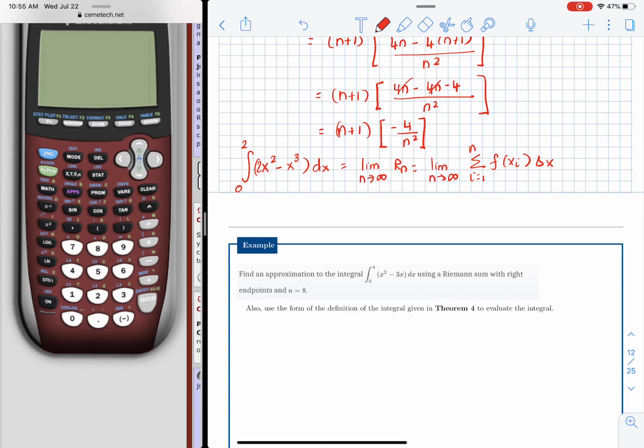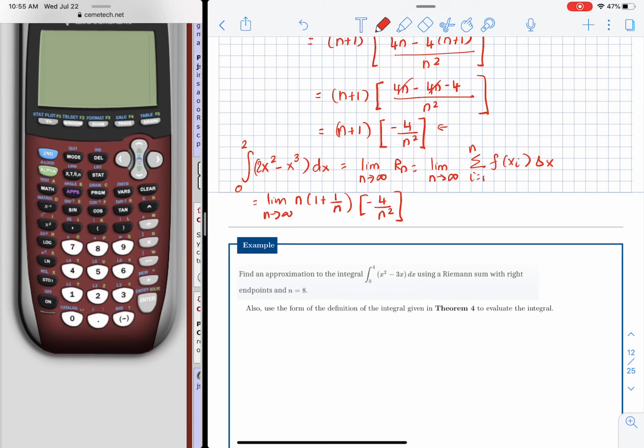That's exactly what we found over there. So I could write that as, if I pull n out, I have n times 1 plus 1 over n minus 4 over n squared. And I want to take the limit